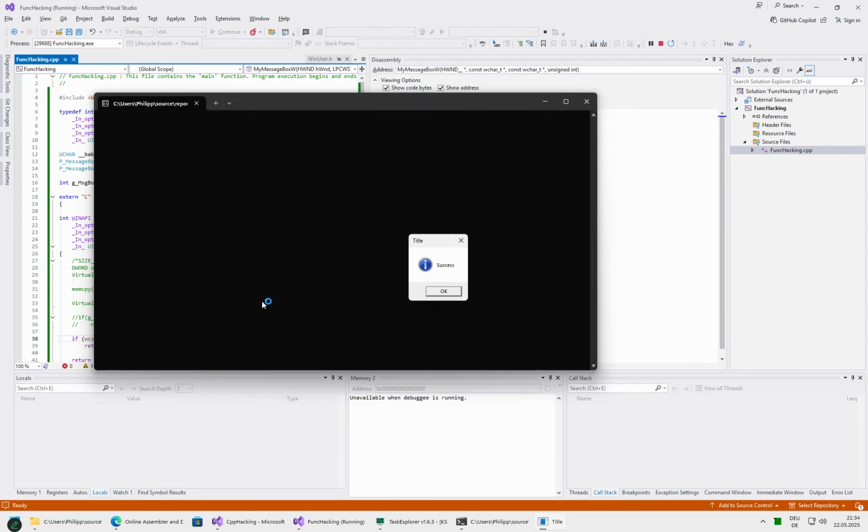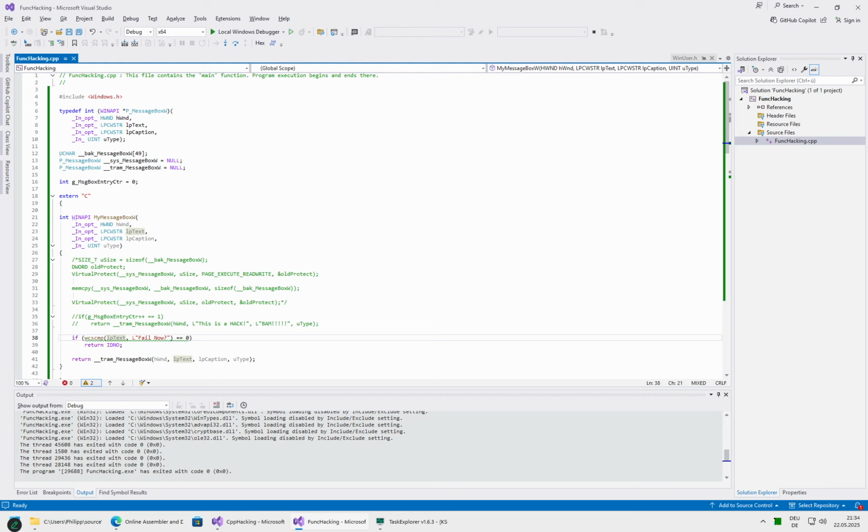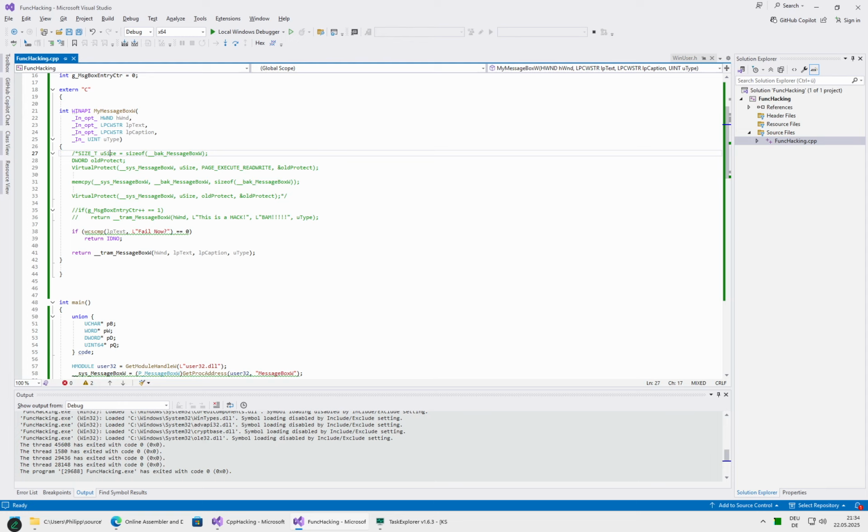And of course we could make such modifications with anything we want. So it doesn't need to be only limited to a message box. We can override any function of which we can get an address. In the practical use case, of course, one would not want to write so much code by hand. So this is, of course, not the most efficient way, because